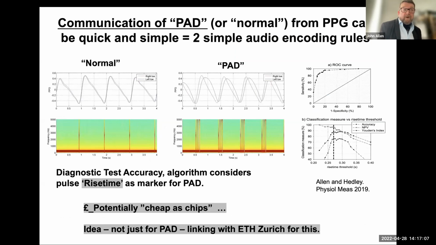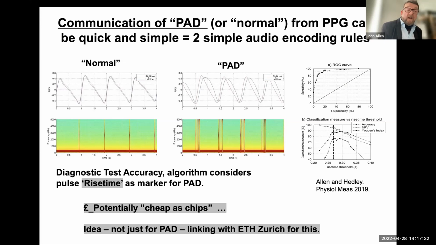Also, technology doesn't have to be complicated, such as AI. You can actually use very simple techniques, perhaps to communicate the disease. And this is another area. It's relatively new. How do you actually report a positive test result or a negative test result? And we can use this sort of pulse sounding approach. So you take bilateral toe pulse measurements, and with each heartbeat, you get a sound that goes beep, beep, beep